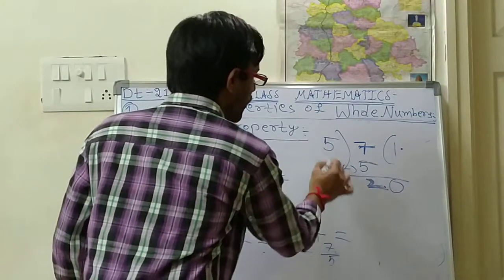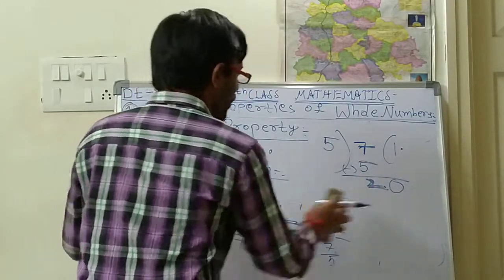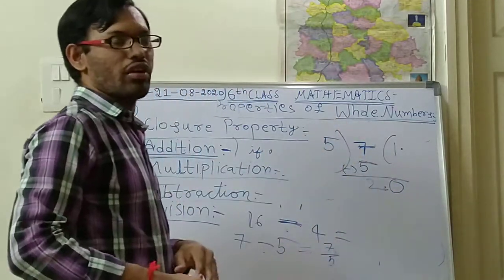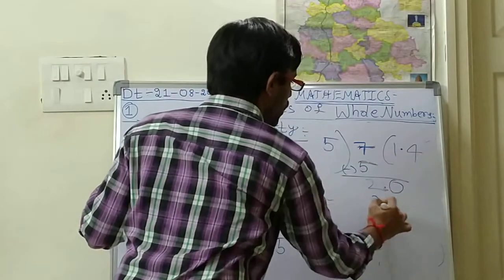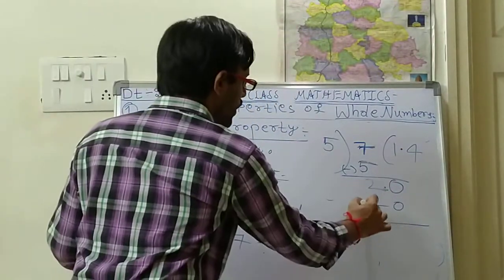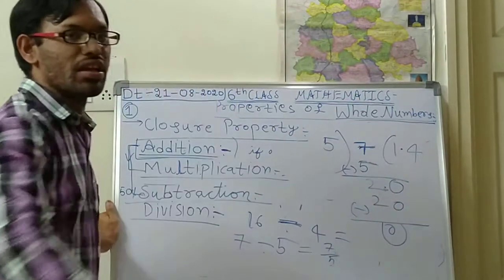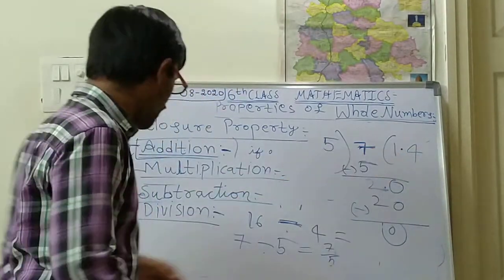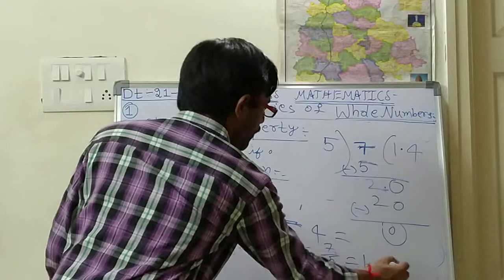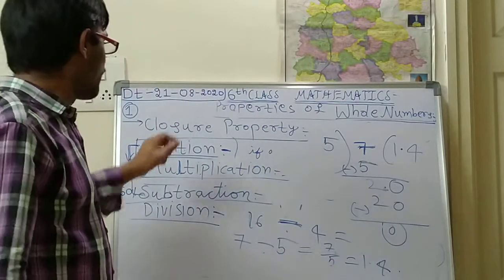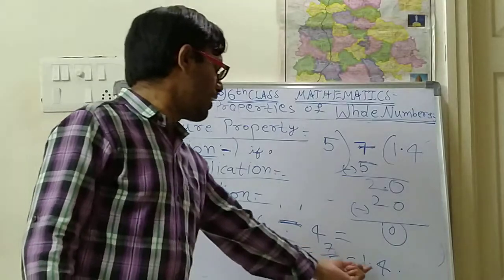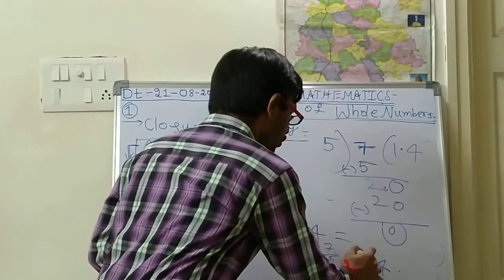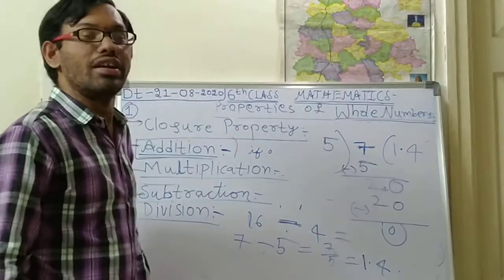Okay. So now what number did we get? We got the number 20. In the 5 table, 20 goes directly. 5 fours are 20. 20 minus 20 is 0. So here we got 0. So what is the answer? 1.4. But what is the actual property? Division of two whole numbers should become one whole number only. But what we got is 1.4, that means a decimal number.